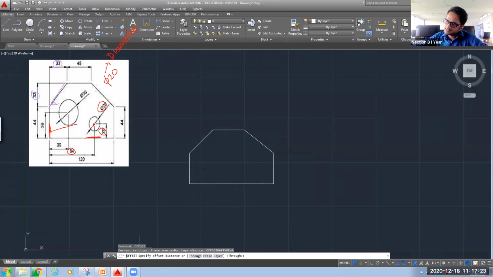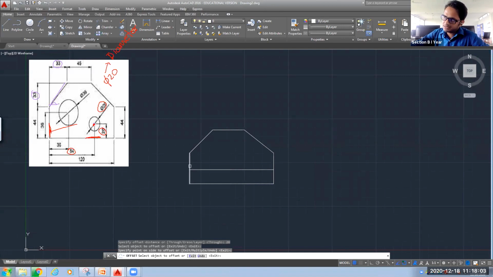So that's why it is asking you to specify the offset distance. Here, as you can see, 20 is the figure. So I will make the first offset distance 20. Now it is asking which object I want to offset. So this is the object that I want to offset. I have specified 20 units, so it is asking on which side, whether on the top of the reference line or below that line. I want it on the top of the reference line. So this one line I have obtained at a distance of 20 units.